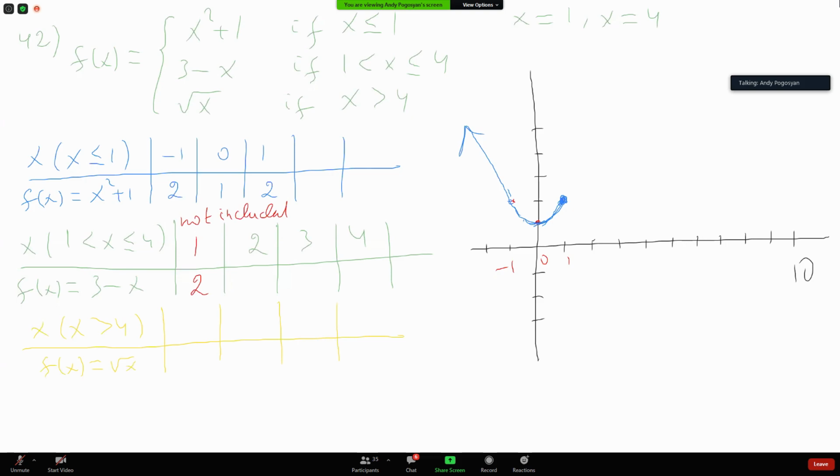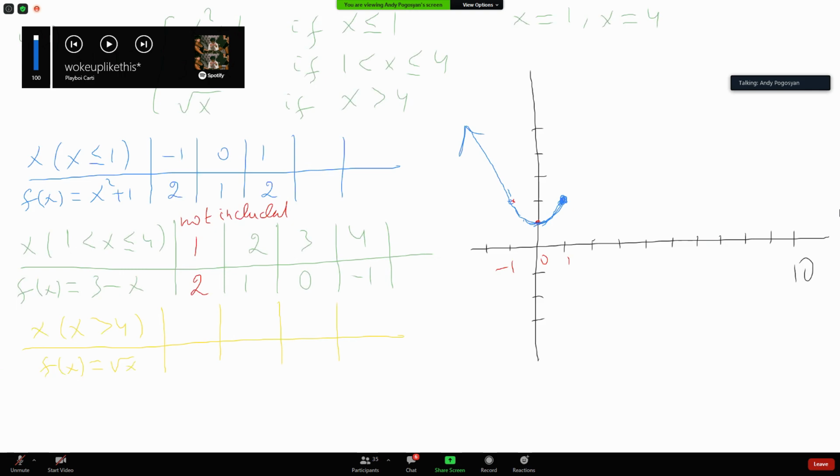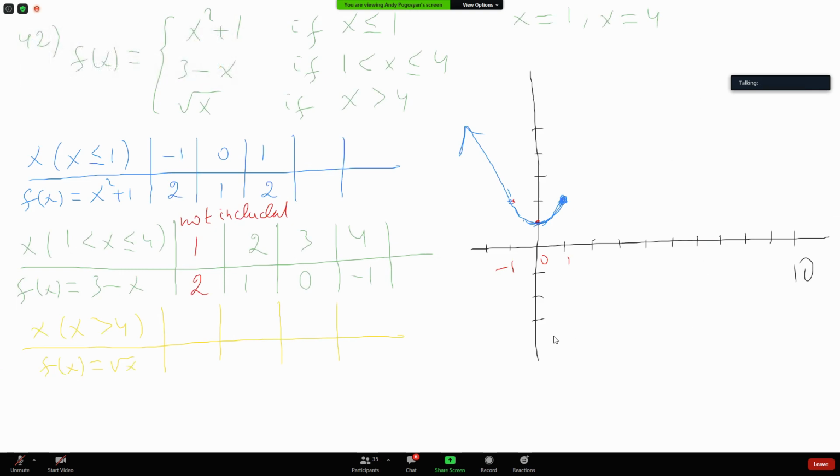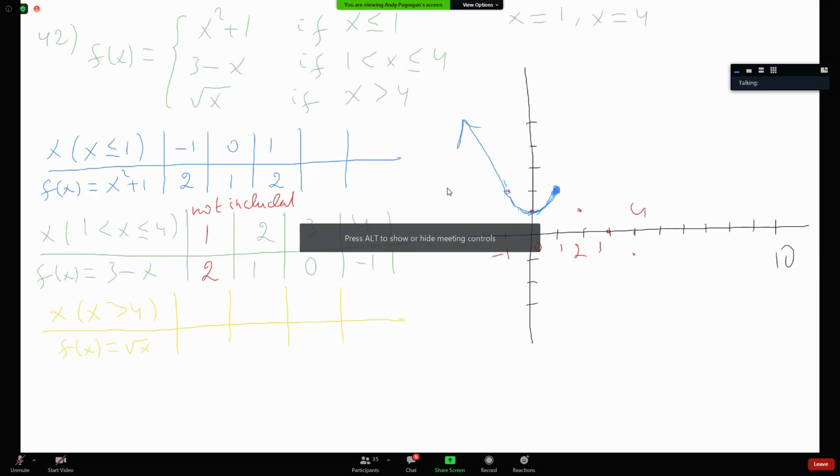When it's 2, you get 1; 3, 0; 4, negative 1. See, it goes up to 2, it's an open circle, but it's closed because the blue one ends at that point. So this one shows, so it continues